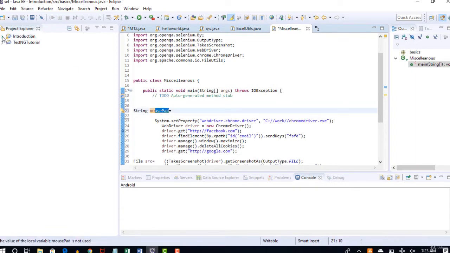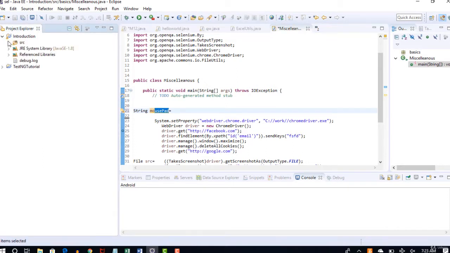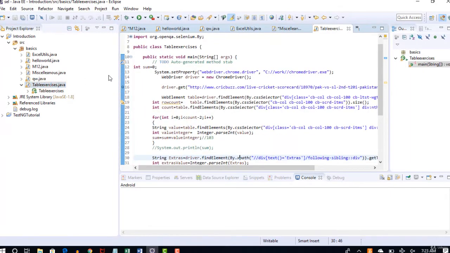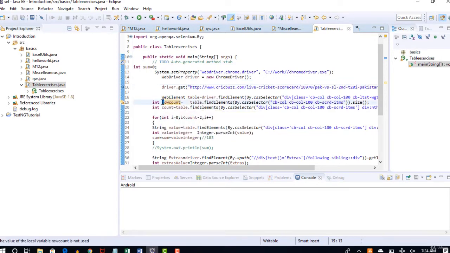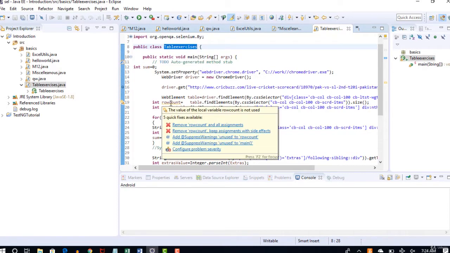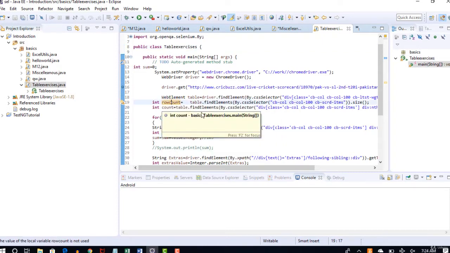So I do have an example from QuickBus where I can show that. Give me a second. I think it's table access. Yeah, you see that row count. Here Eclipse is giving a warning with a yellow symbol because this standard is wrong. Variable name should start with a small letter. That is sure. Class name should start with a capital letter. That is fine. But when you have multiple words in your variable name, all the subsequent words should start with a capital letter. Okay, so C should be caps.